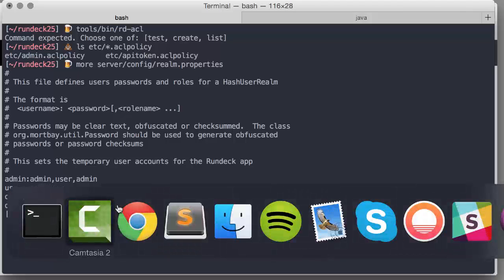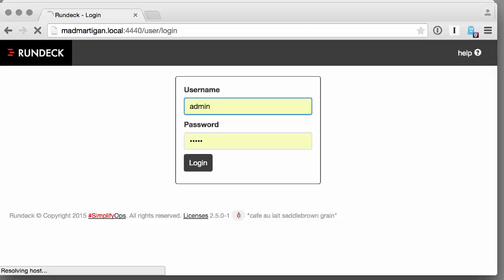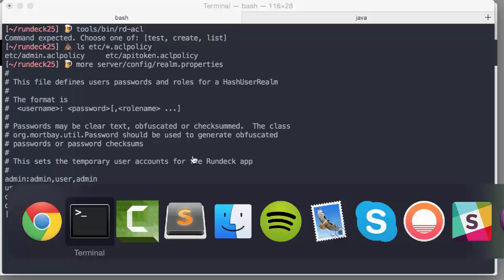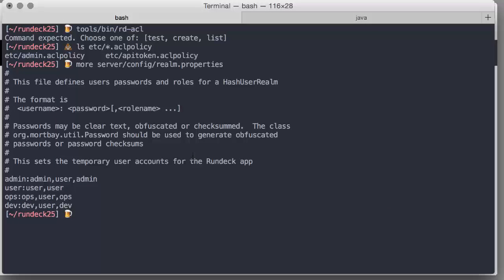I have a project named Acme and a couple of jobs within that project. So I'd like to give the ops team ability to run and view these jobs, but not necessarily to edit them or delete them. So let's start off by using the